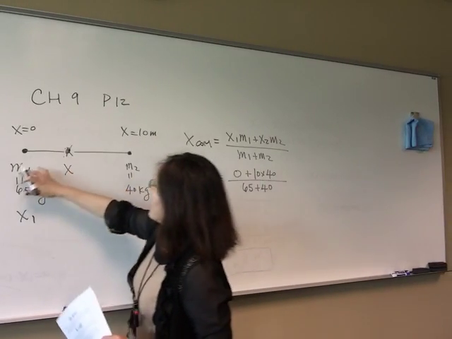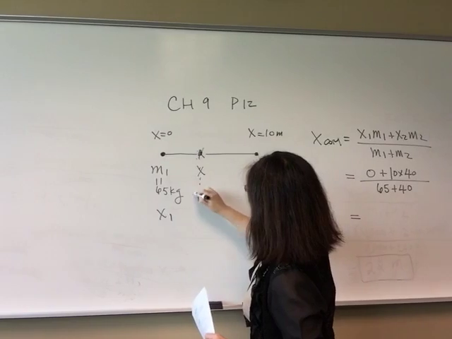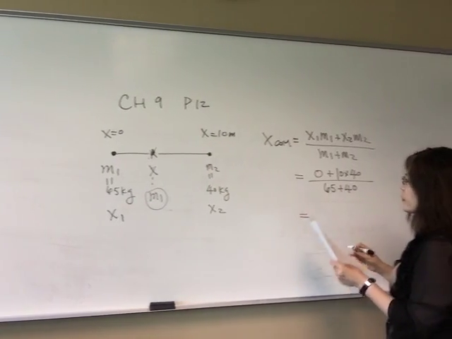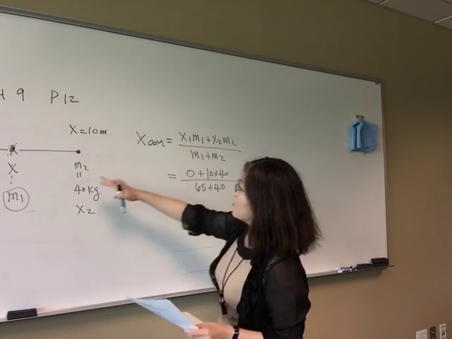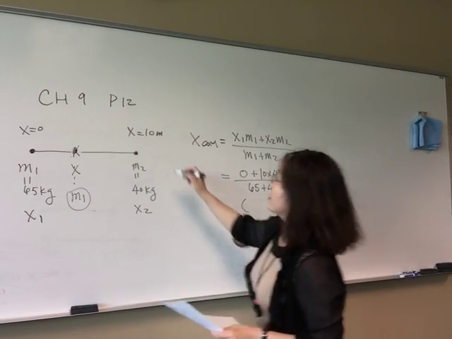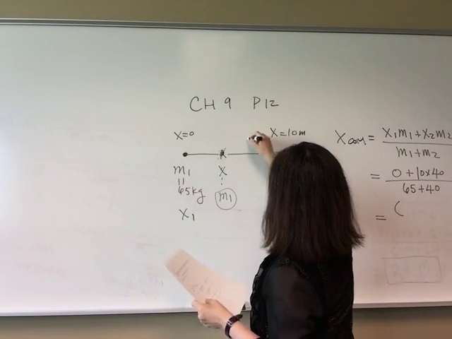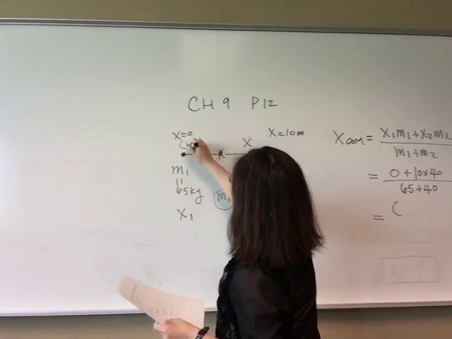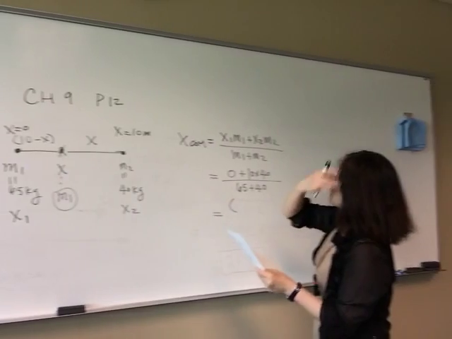So let's say m1 has moved to this position. So this is m1, the position of m1, and this is the position of m2. So you will have x1, and that will be 10. Let's say this has moved x position, so then this will be 10 minus x. Okay, so you will have 10 minus x,